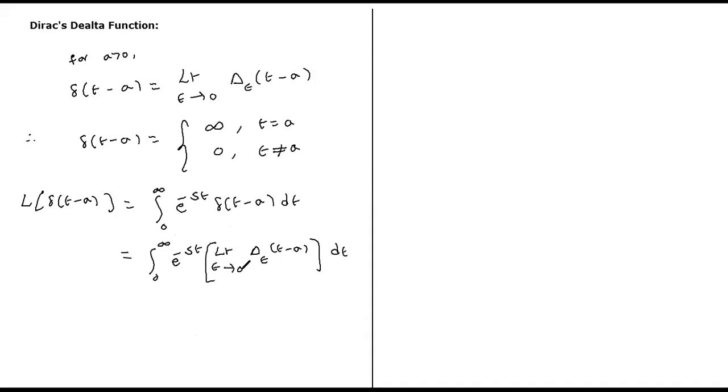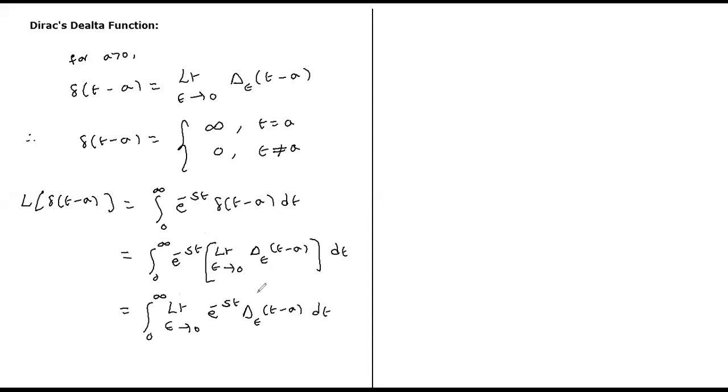And because this limit is on epsilon, this is independent of epsilon, this acts like a constant. I can always bring this constant inside the limit. Therefore 0 to infinity, I can write it as limit epsilon tending to 0, e power minus st delta epsilon of t minus a